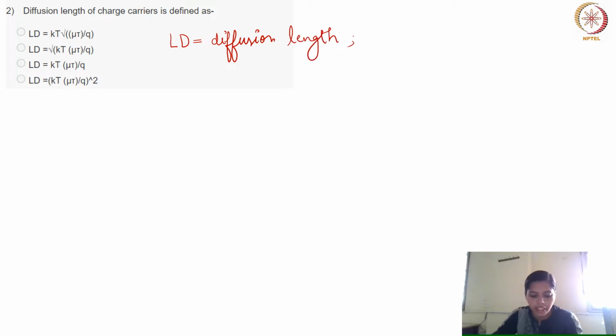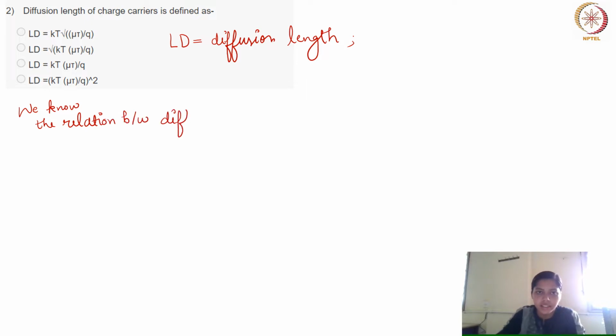We need to find out what will be the relation between the diffusion length, temperature, mobility, tau, which is your free time, and Q, which is your charge. So we know the relation between diffusion length